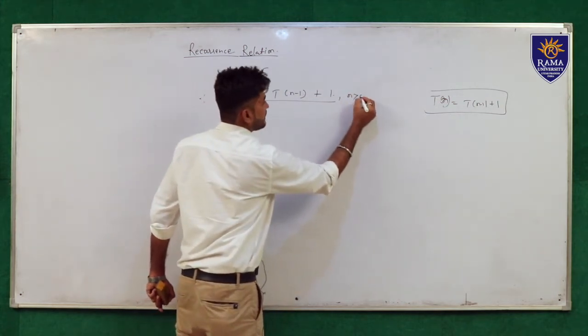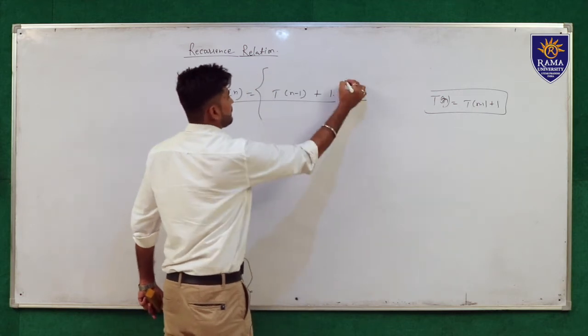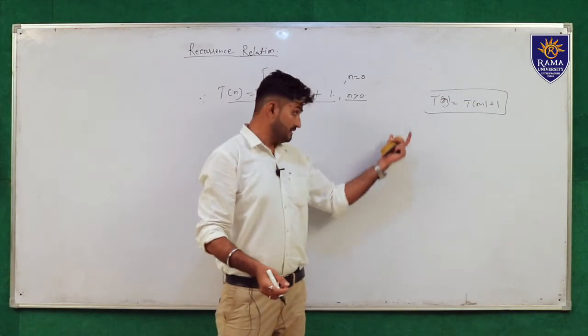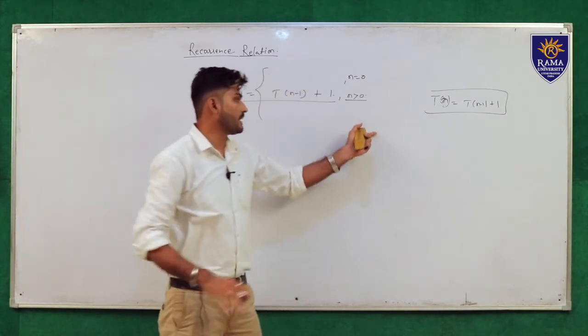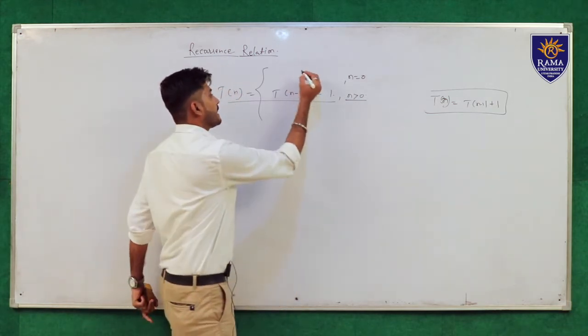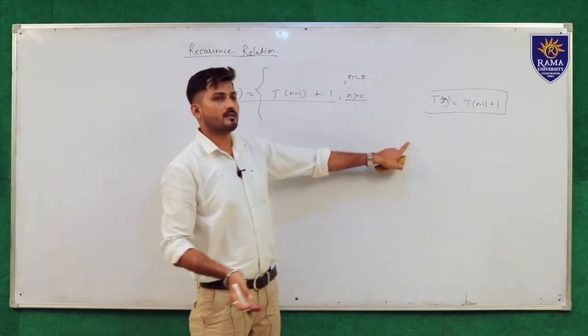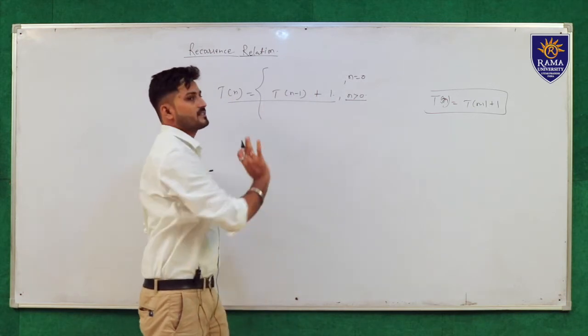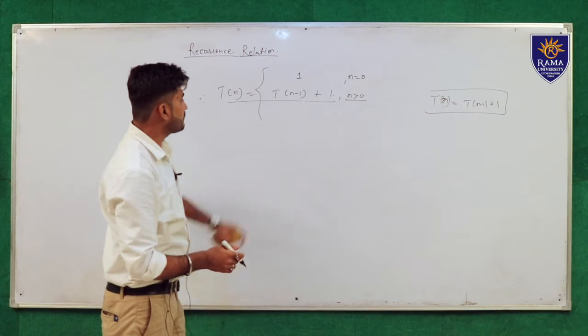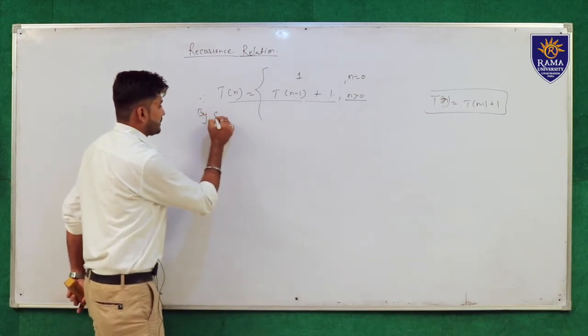when n is greater than 0, and when n equal to 0, nothing will happen because in the given previous example, the condition is n greater than 0. If n equal to 0, nothing will happen. So that time taken is 0, but we can't write the time as 0. So here we use the constant 1. How will it be solved? By the substitution method.